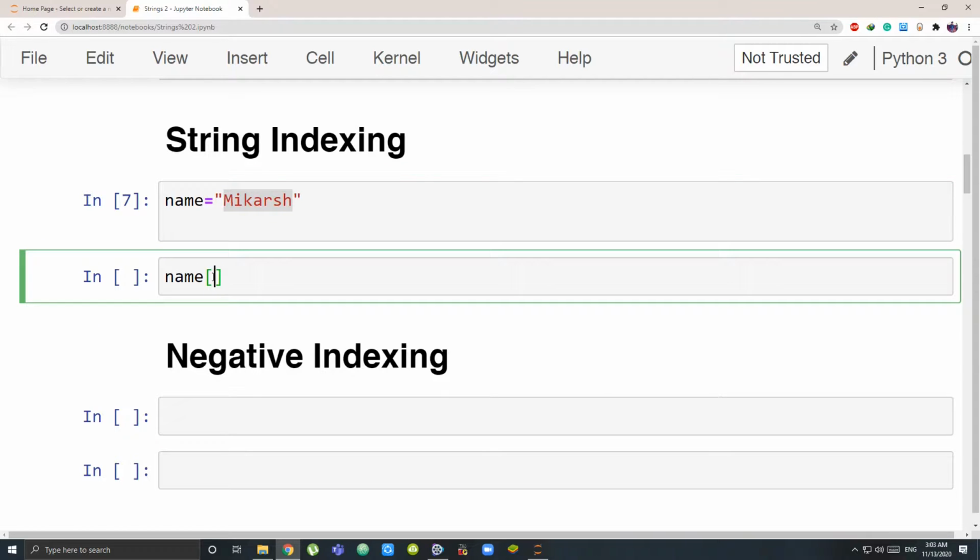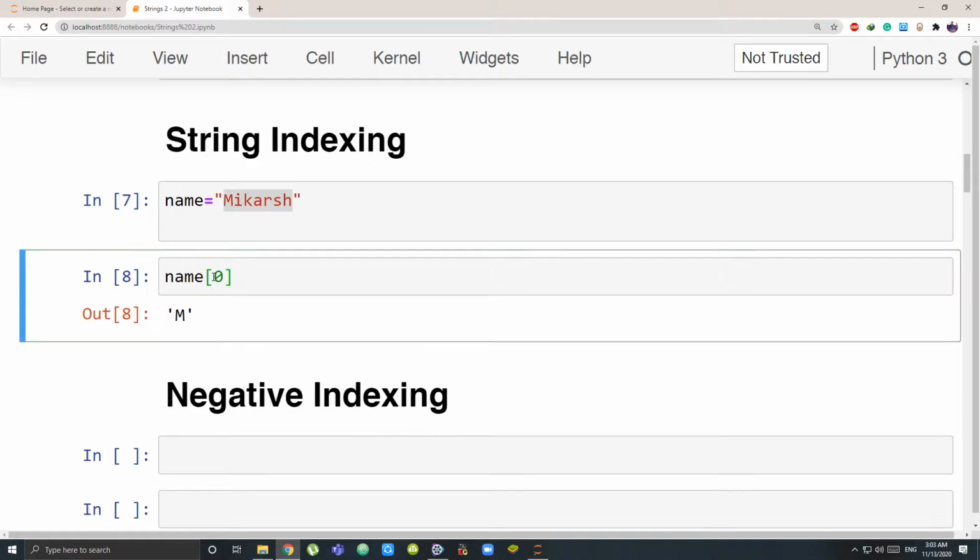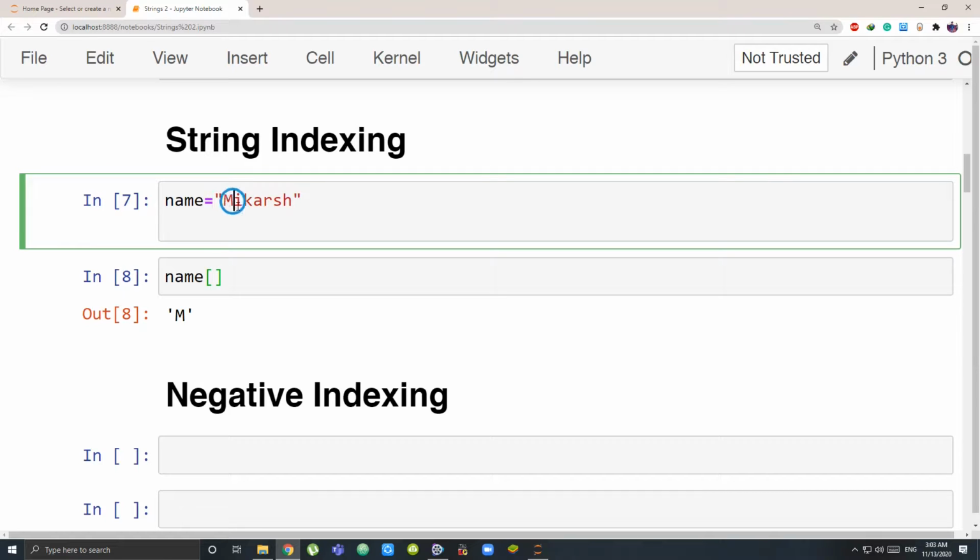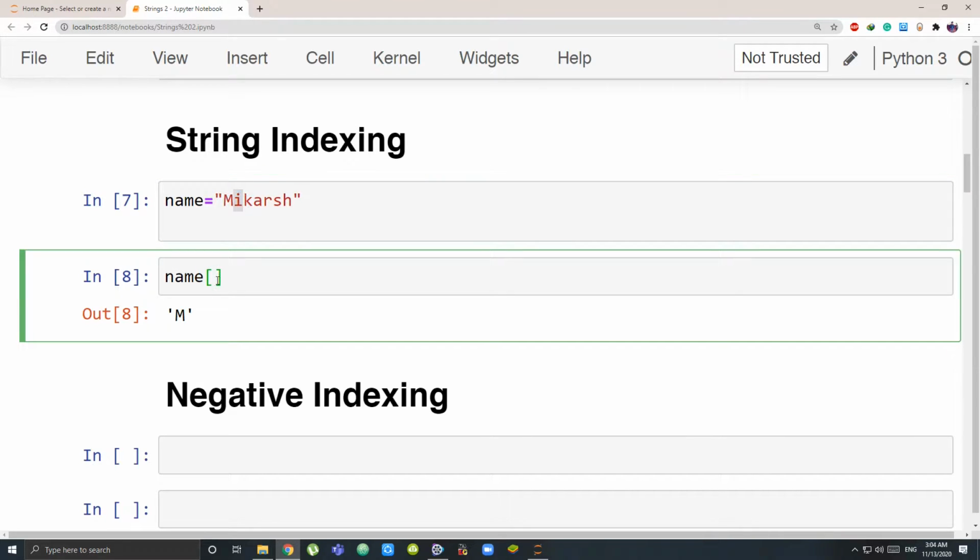So I want the 0th position from my name variable, and this gives me M. Suppose I wanted my second element, the I from name. The first element M is 0, I is 1, so 1 from name gives the first position element, and that comes out to be I.